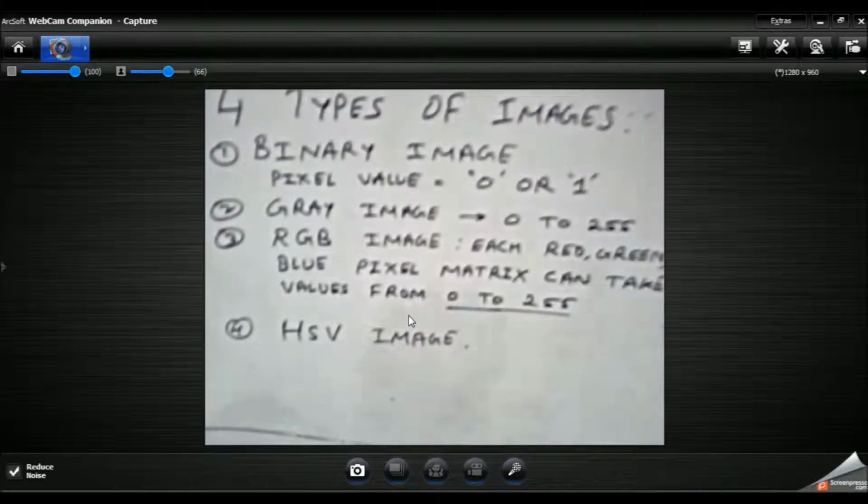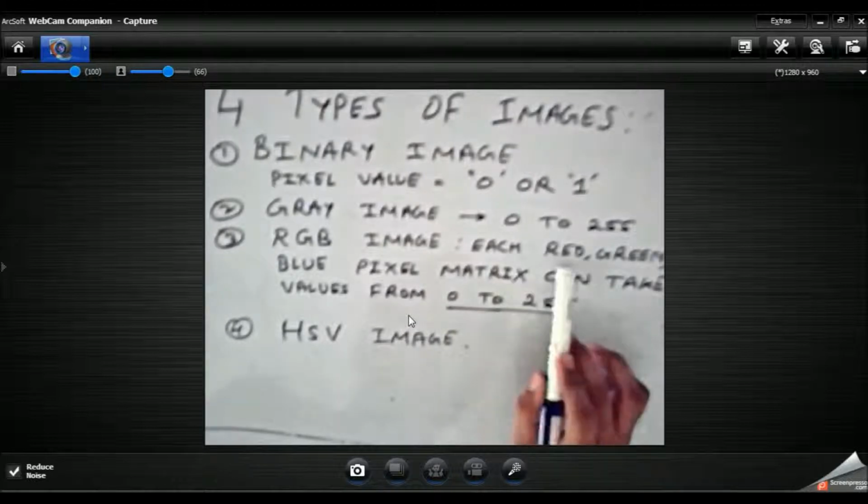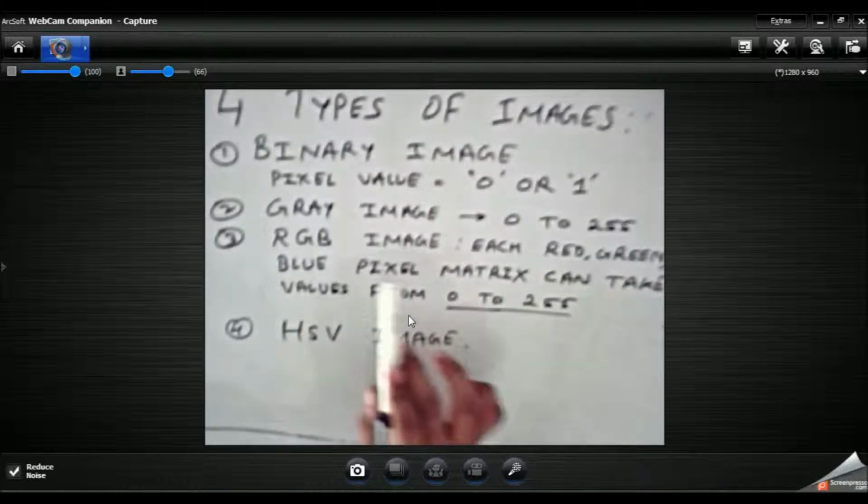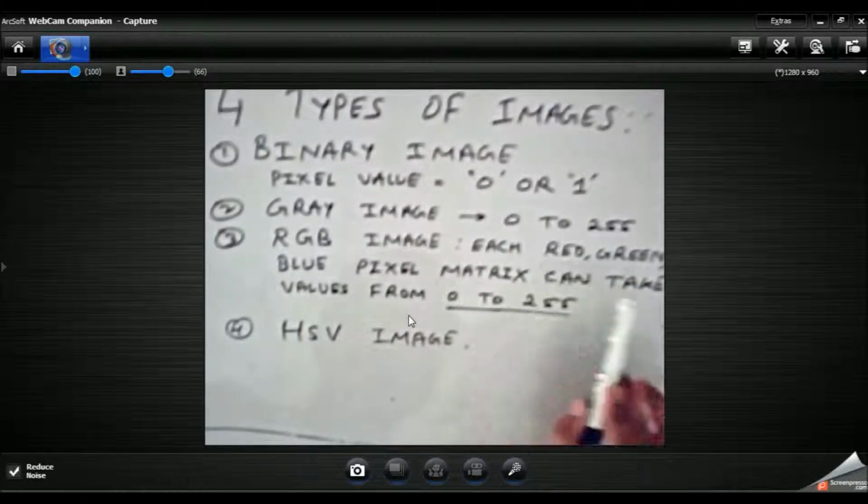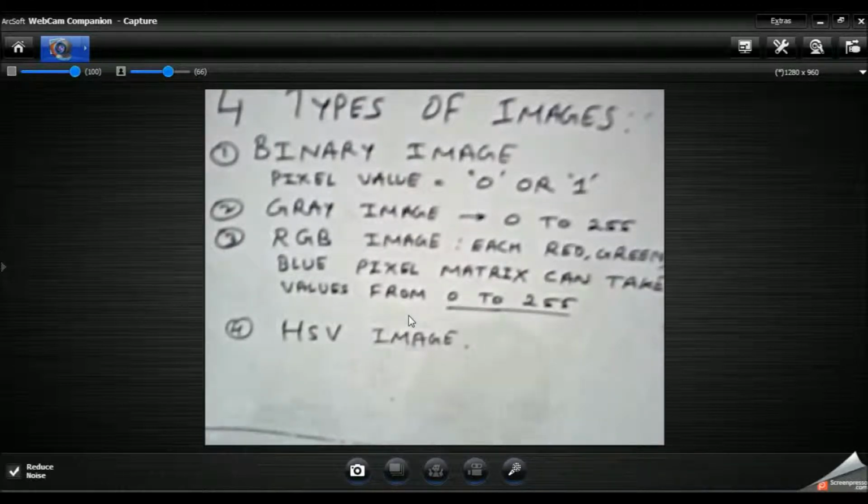In RGB image, each red, green and blue pixel matrix can take values from 0 to 255. That is, an RGB image is made up of 3 matrices. One matrix is of red color, second is of green, and third is of blue color. And in each matrix, the range of pixel values varies from 0 to 255.